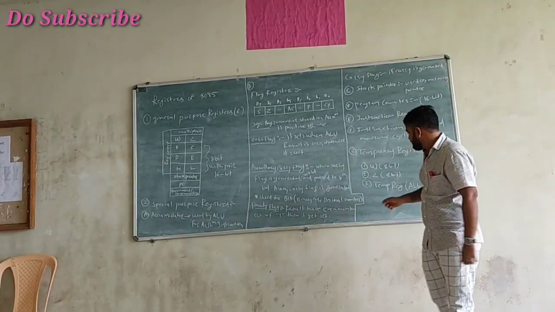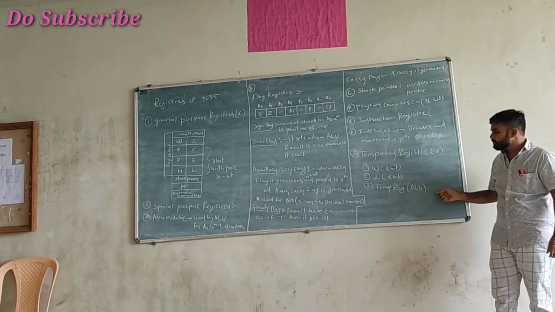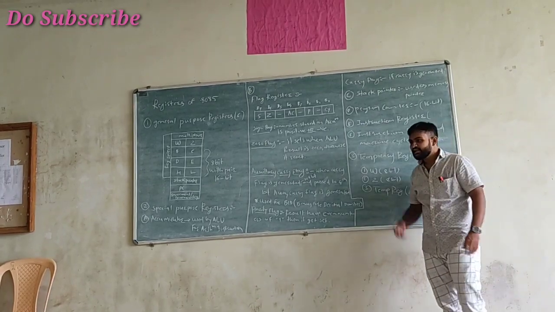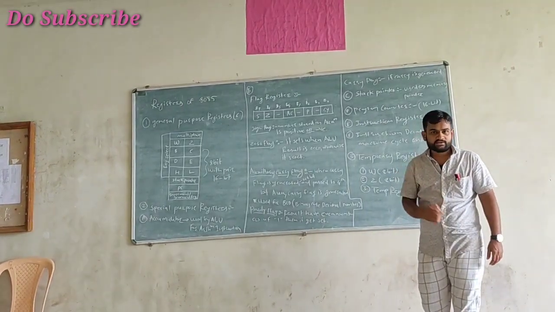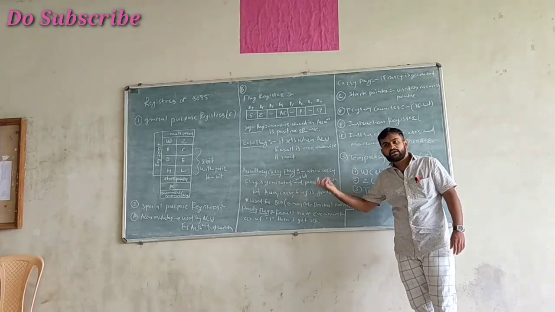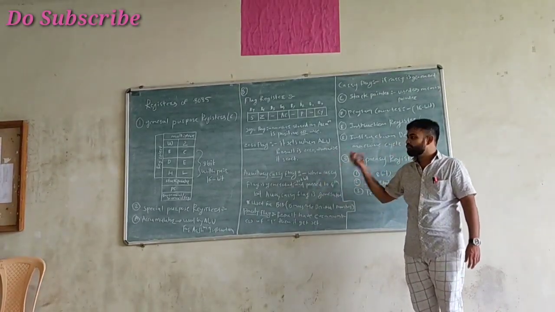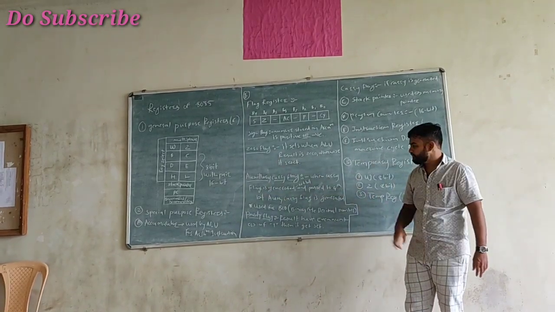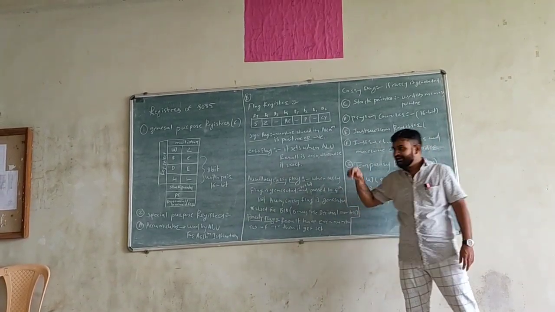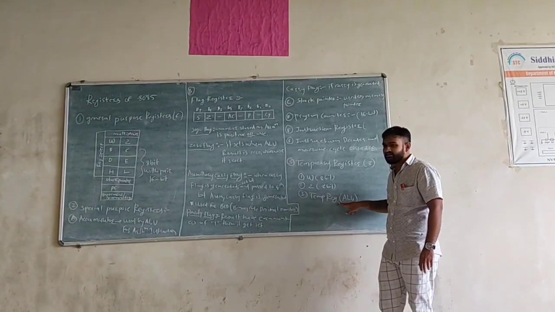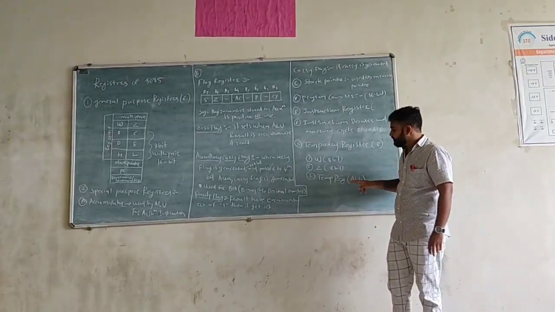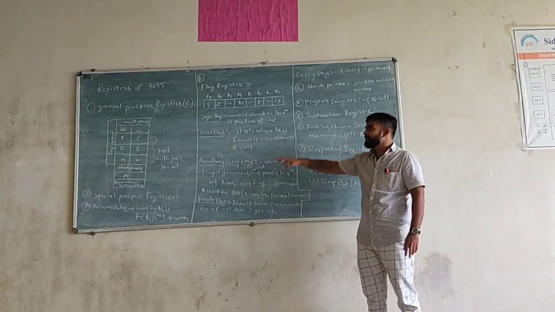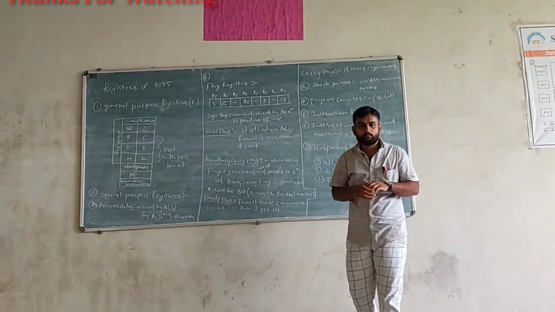Then we have a temporary register that is used by the ALU. ALU always uses this temporary register whenever we specify an operand for an ALU operation. If we want to perform an ALU operation, the ALU's first input is stored inside the accumulator and the second input is always stored inside the temporary register used by the ALU. It is also an ALU temporary register. So these are the register bank of the 8085 microprocessor.